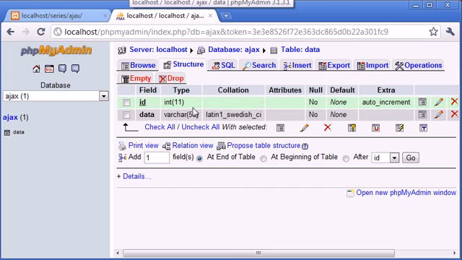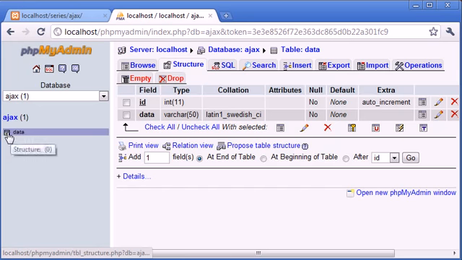So let's first of all have a look at the database structure and what we're actually going to be doing here. So ID, we can ignore this for now. This is a primary key and it's auto increment. So if you're following along this tutorial and you want to create this table, we've got the database called Ajax, the table called data, and inside of this we've got the ID and data field. So ID, like I just said, is an integer data type, it's the primary key, and we've got an auto increment. So for every